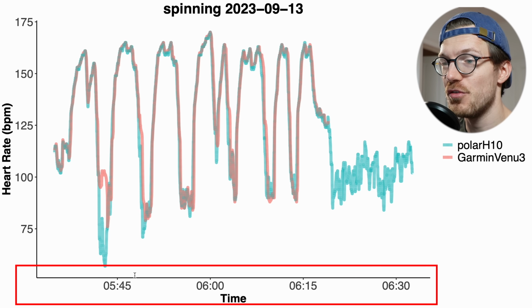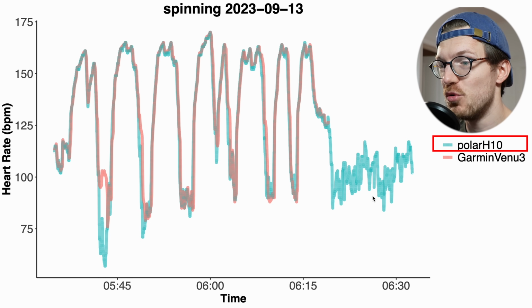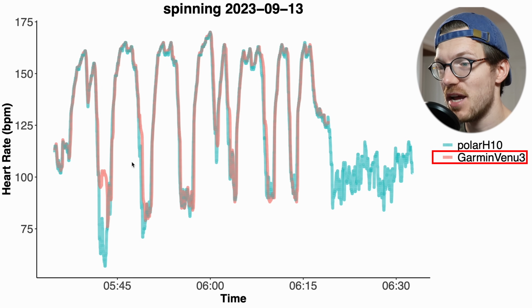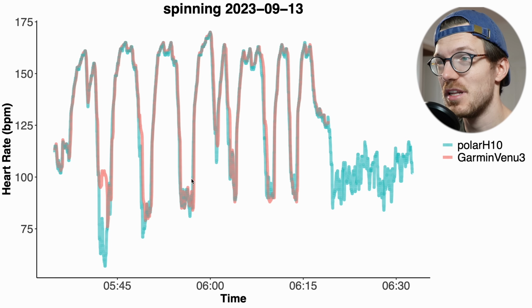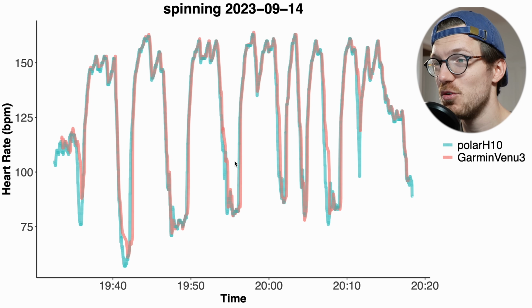Now, along the horizontal axis we have the time and my heart rate is along the vertical axis, with in blue-green my heart rate according to the Polar H10 ECG chest strap, and in red my heart rate according to the Venu 3. Now, for this ride the agreement is more or less perfect, except for during the break after this first interval where the Venu 3 wasn't able to fully detect this dip in my heart rate, but otherwise it looks really good. And other spinning sessions look more or less the same with an almost perfect agreement,